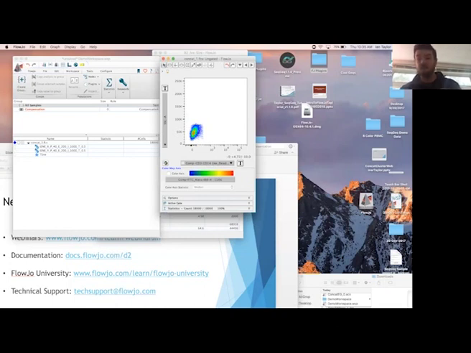Oh, I see. I've been neglecting the chat window. There's another set of questions here. Can you do the t-SNE analysis on Boolean gated populations? Yeah, there shouldn't be any restriction on the type of populations that you're running the t-SNE analysis on. Trying to think of any concerns there. No, it should work just fine. In fact, you could have done Boolean analysis to arrive at a population of interest, concatenate those files, and arrive at your